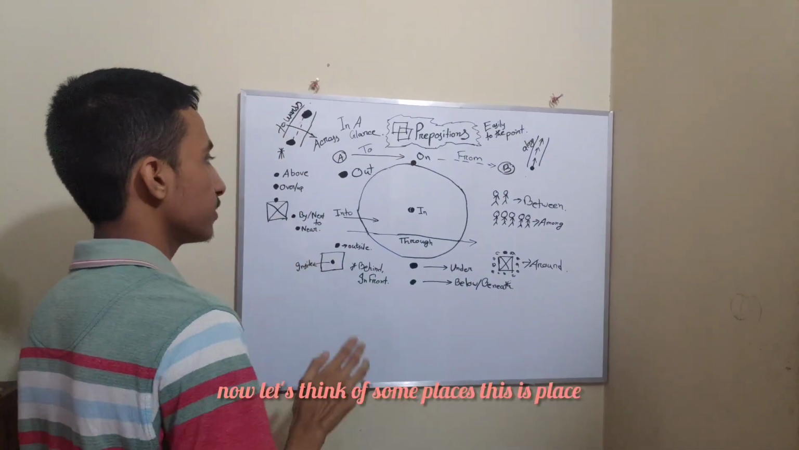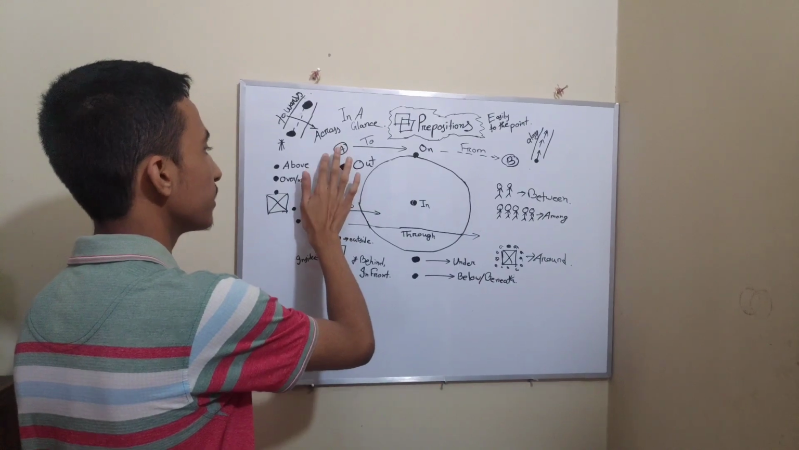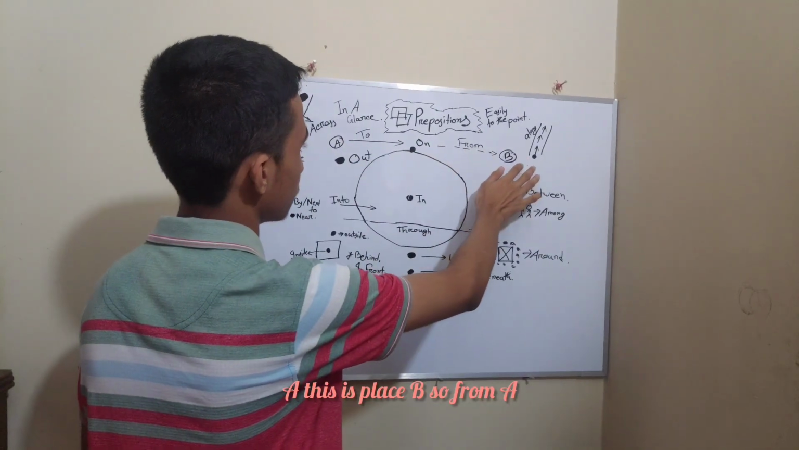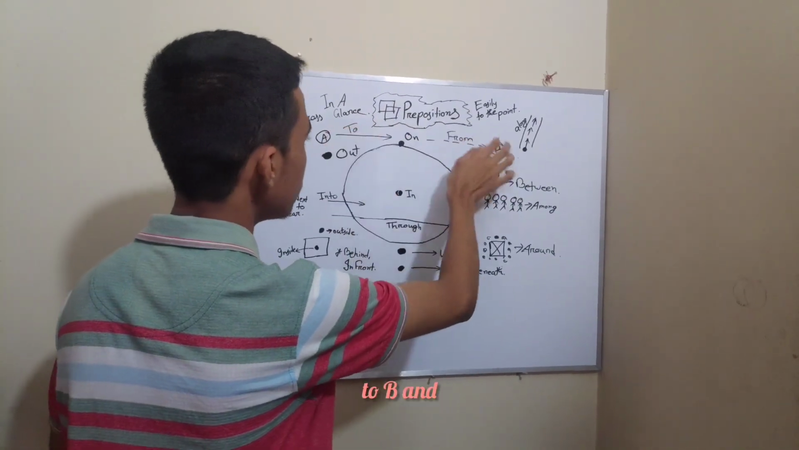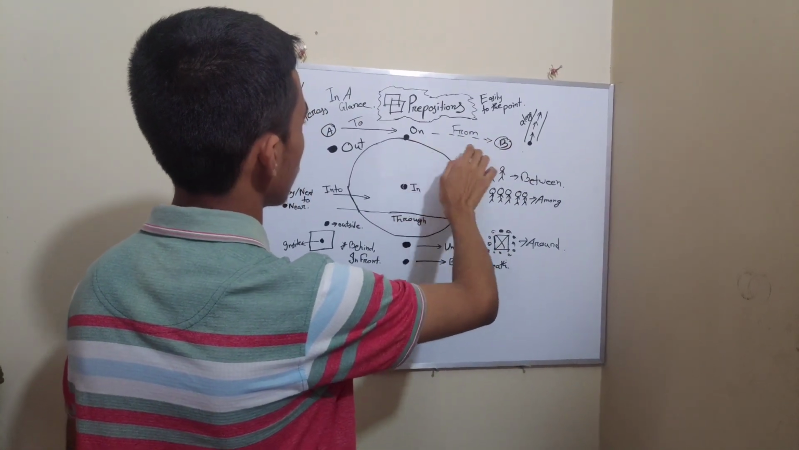Now let's think of some places. This is place A, this is place B. So from A to B, and from, if you think